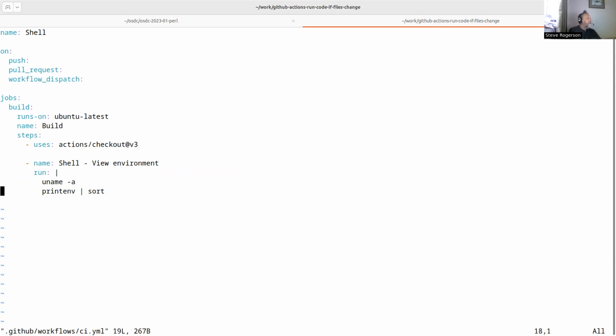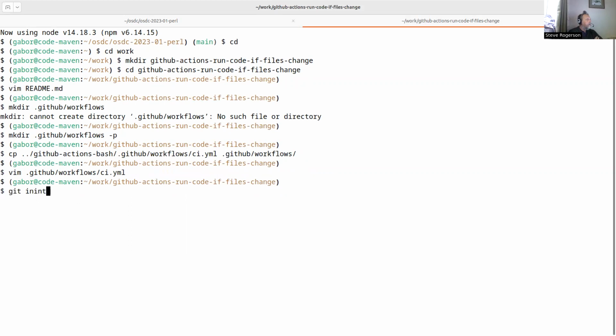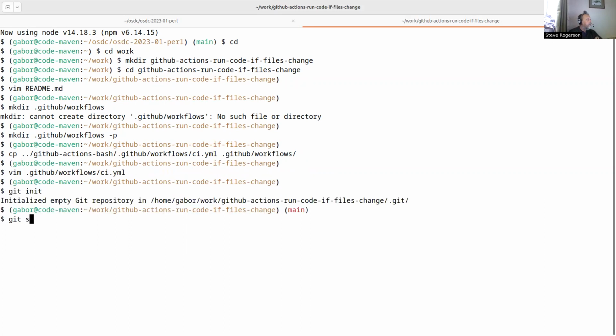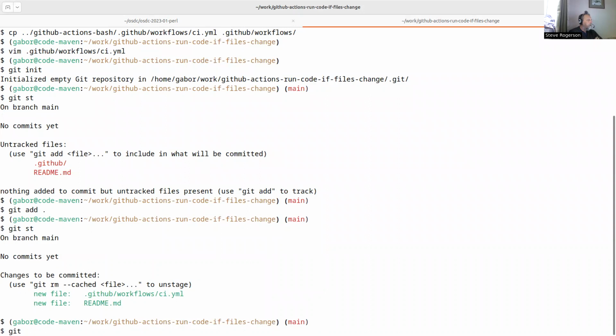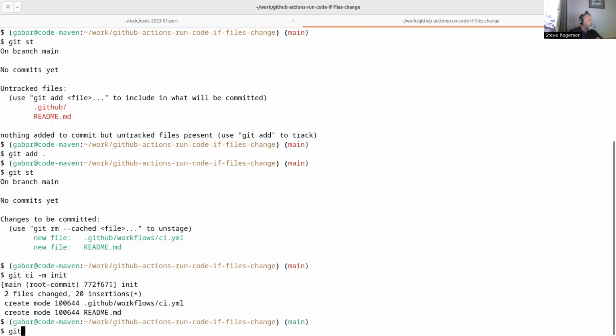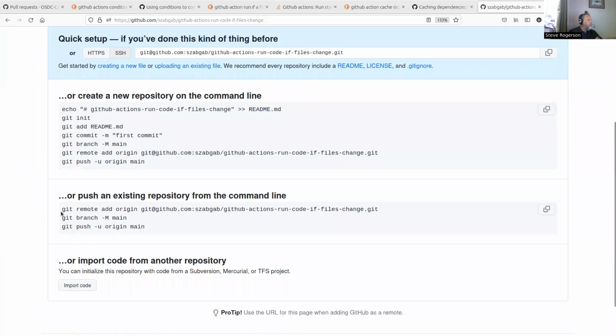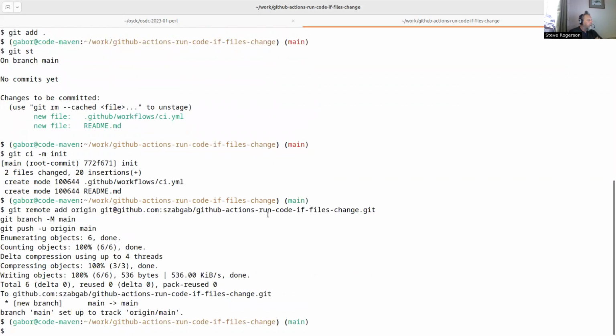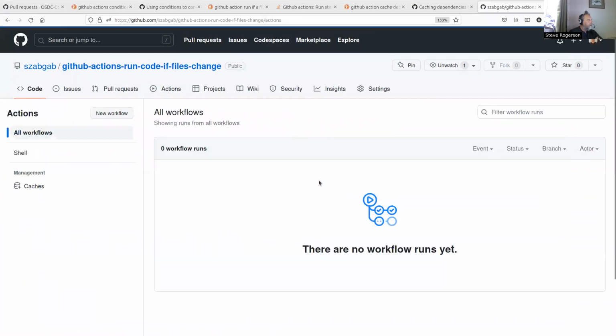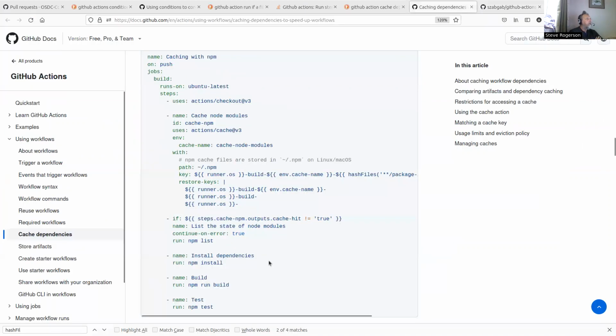Okay, and so what shall we do? So we need a step that will... we need... Okay, wait a second. Git init, and git status, git add, and git init. Okay, and then I can connect the two repositories, and this should only run the action. Okay, and then we do something like this. So we say we